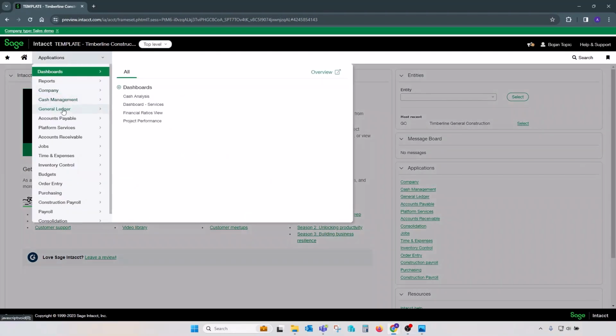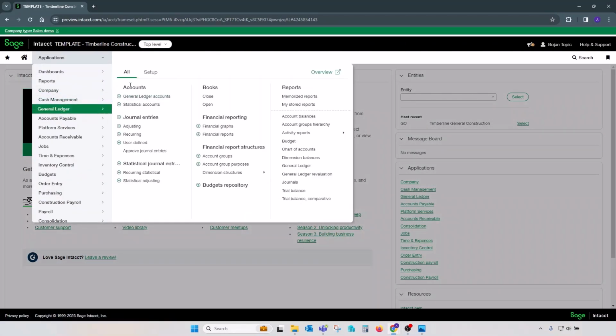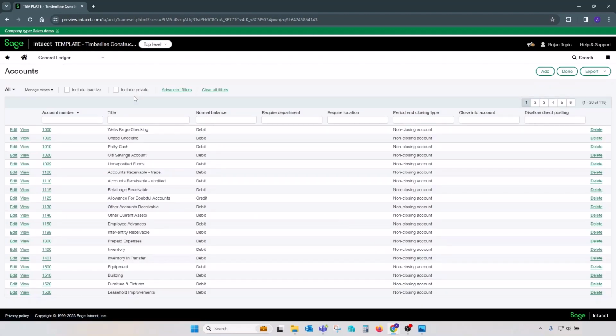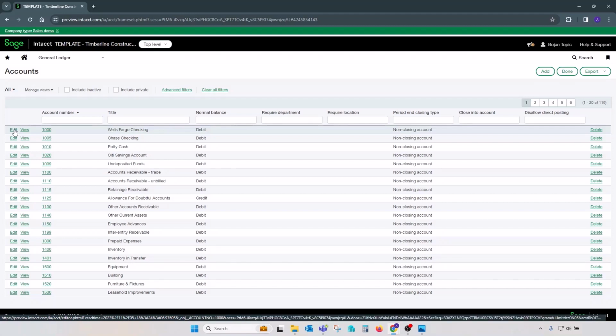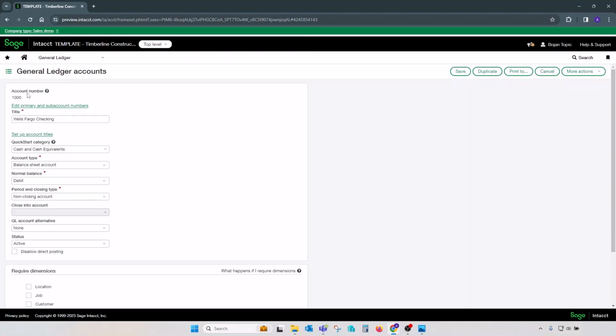In Sage Intacct, GL accounts have two values basically. They have a record ID and they have an account ID. Record ID is a unique identifier for each account, and this new change does not change the record ID. That will remain the same. What the system is going to allow us to do is to change the actual account number. So that number that was previously locked, where we were not able to change length or number, is now available through a set of features released in R4.